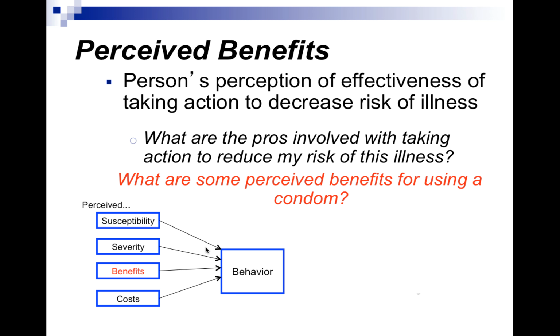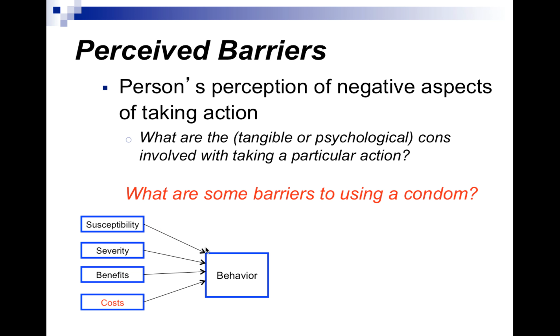Perceived benefits are those benefits that people perceive in terms of enacting a health behavior, such as using a condom. Benefits may include not getting STDs, something to do, being able to play with different colors and flavors and types of condoms, not having a risk of pregnancy, feeling responsible for yourself and your loved one, and showing your care. You can think of other benefits of using a condom, I'm sure.